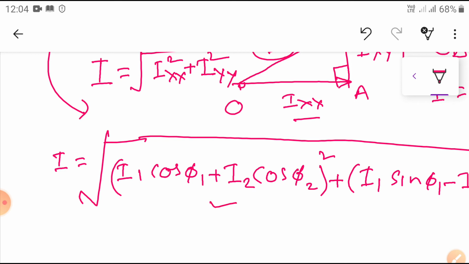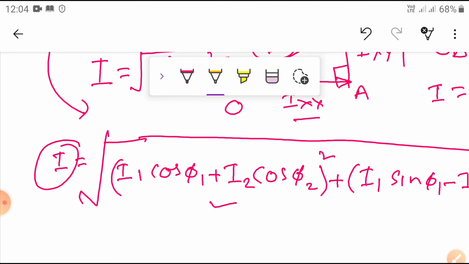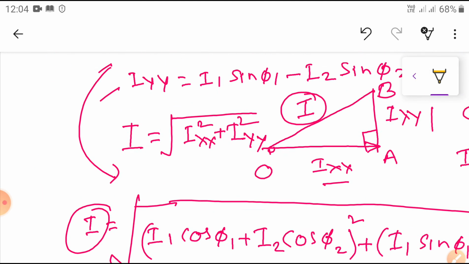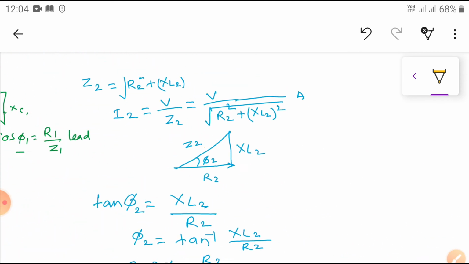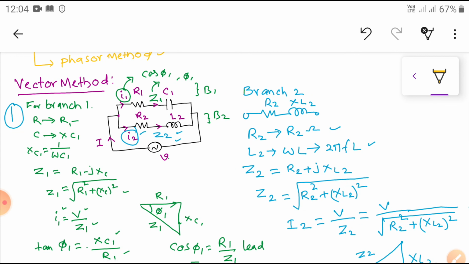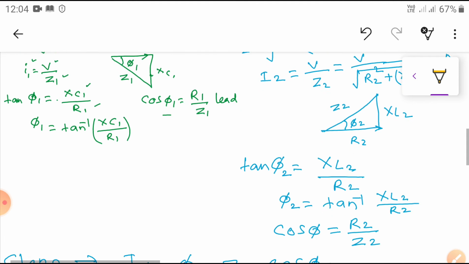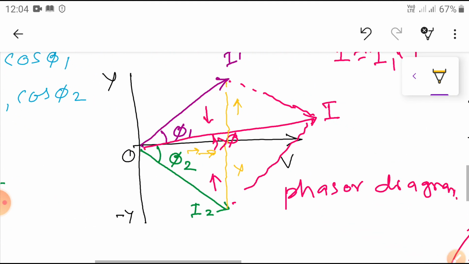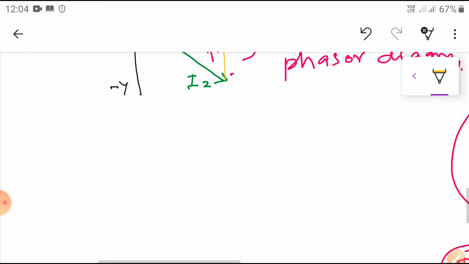So this is step 3. What are the vectors you have drawn, resolve into x components and y components, then find the resultant current. Next, coming to step 4. Dear students, parallel circuits are somewhat lengthy problems. In step 1 we found the branch currents, in the second step the vector diagram, and in the third step we resolved x components and y components to find the current.